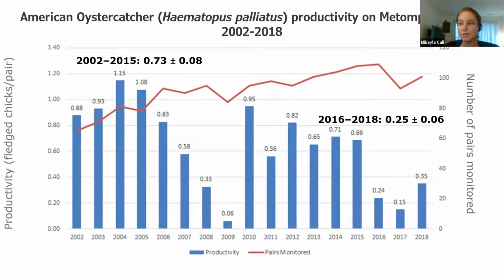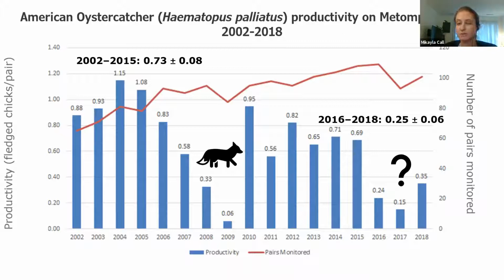From 2002 to 2018, productivity on Wetumpka averaged 0.73 fledged chicks per pair. Productivity declined around 2008 and almost complete failure occurred in 2009 due to a fox that was on the island. Productivity increased again in 2010 after that fox was removed. Productivity has declined again in recent years, averaging 0.25 fledged chicks per pair in 2016 to 2018. This has occurred despite continued predator removal on the island, triggering a need to reevaluate the threats to oystercatcher productivity